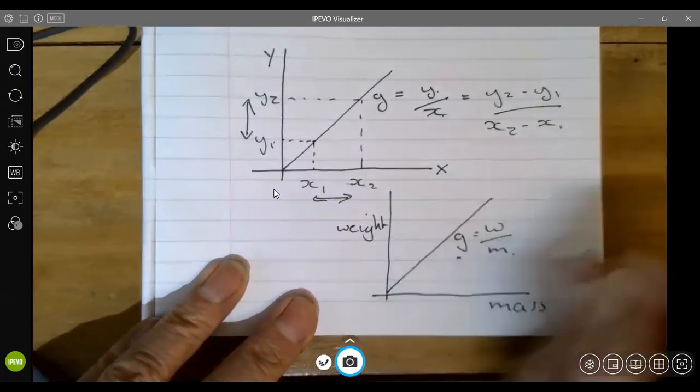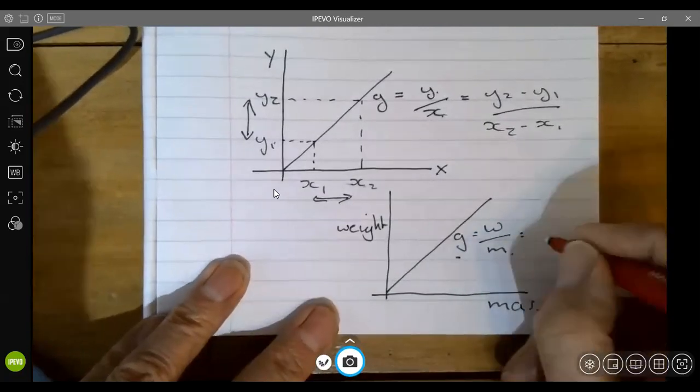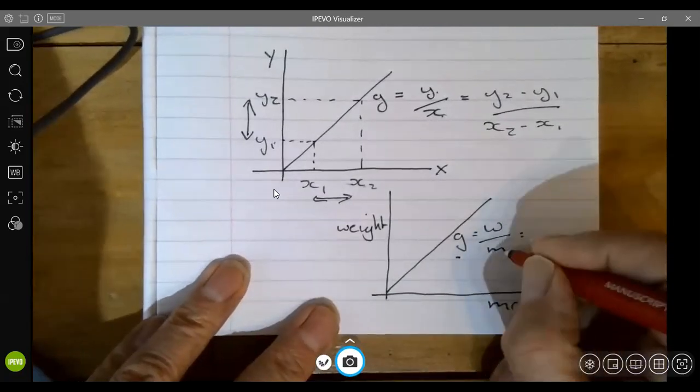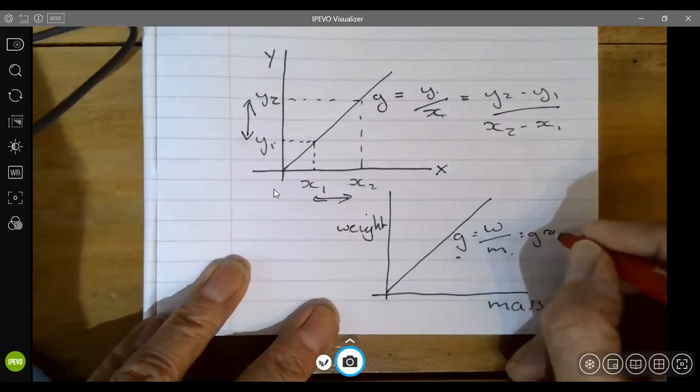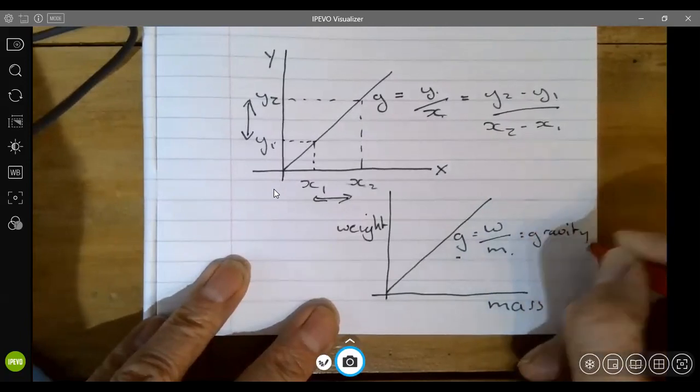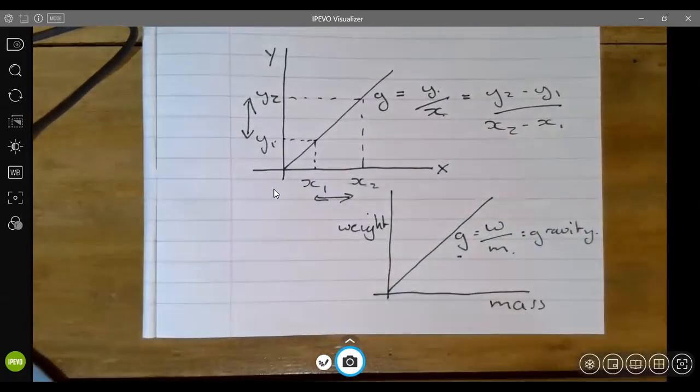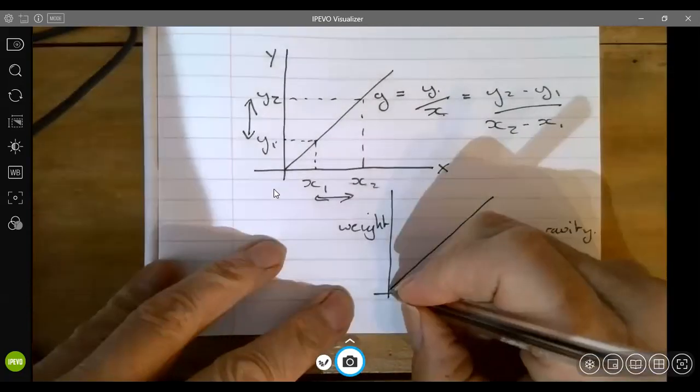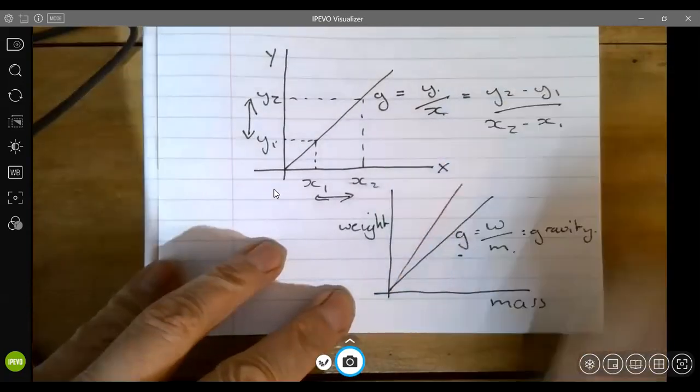And that gradient there is actually equal to, because it's weight and mass, gravity. Now, if we were to take another line and find another gradient, like so, and it was steeper,